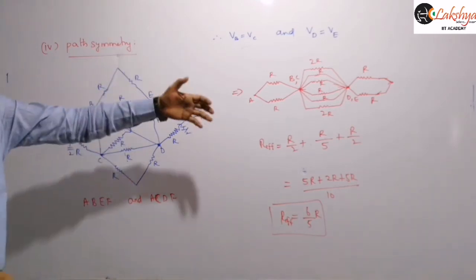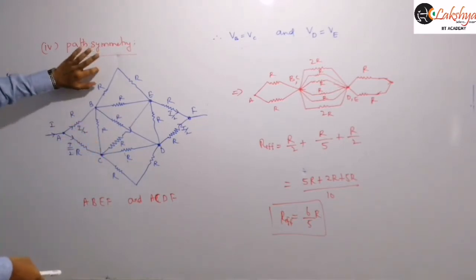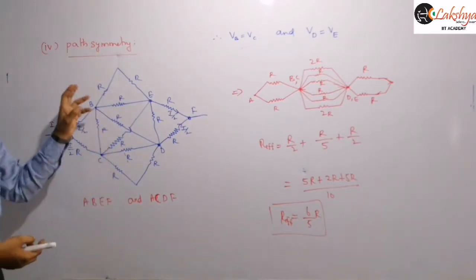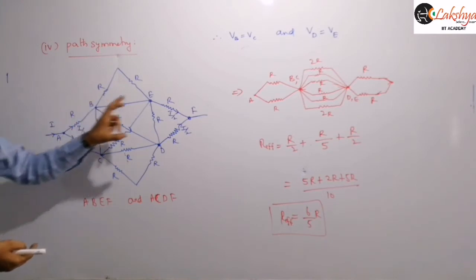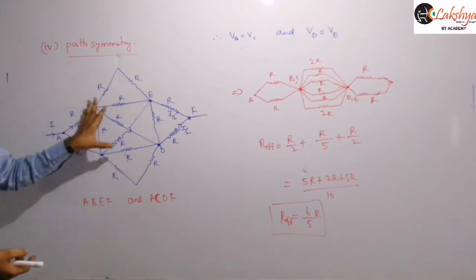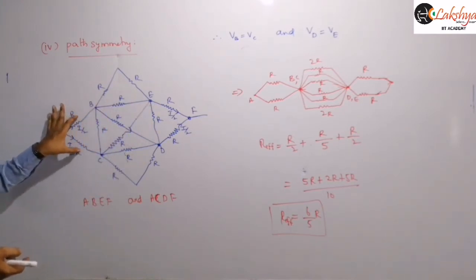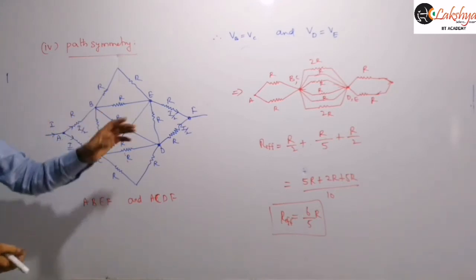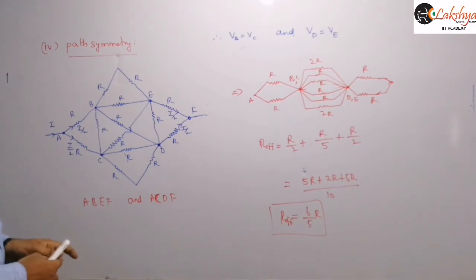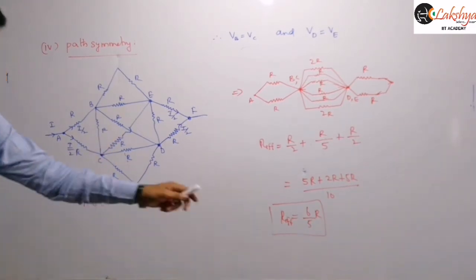So for identifying such equipotential points, we are just applying this technique here, path symmetry. So from beginning to ending, if the paths are identical, then the current at the beginning of those identical paths will be the same. So that same amount of current will flow into them. So from that we are applying equipotential points there, right? That means we are simplifying the circuit there.